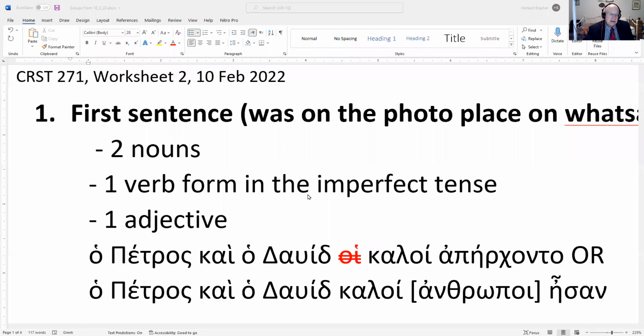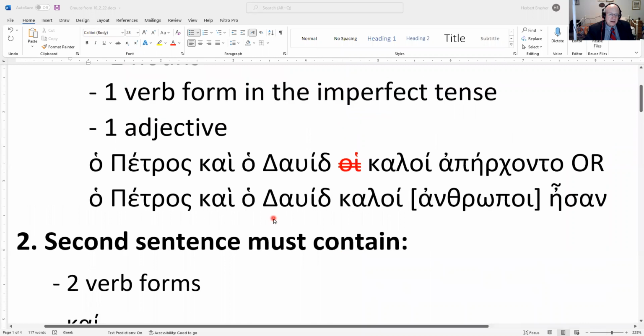Let me share the screen first and look at the sentence, which you were required to do. You were in 2 groups working together during the first and only breakout session. You were to do a sentence with 2 nouns, 1 verb form in the imperfect tense, and 1 adjective. And the sentence that was formed,